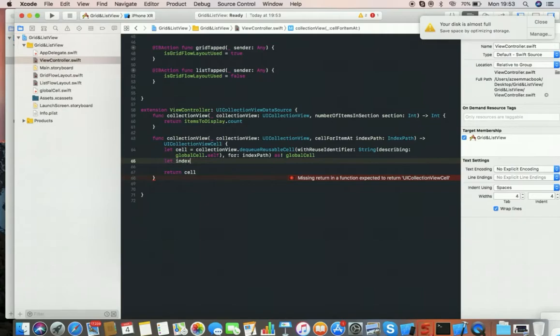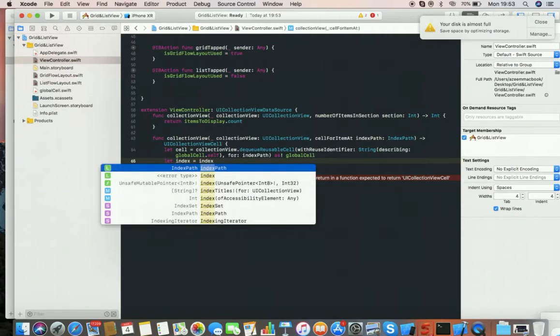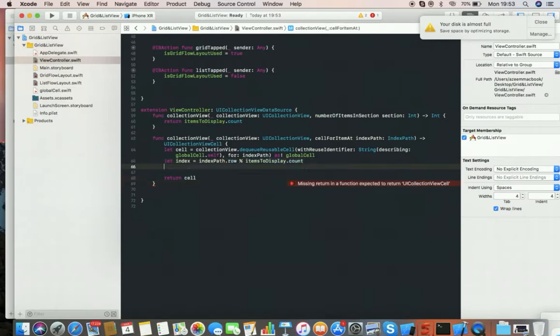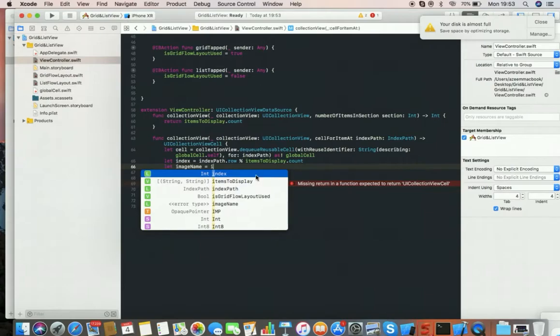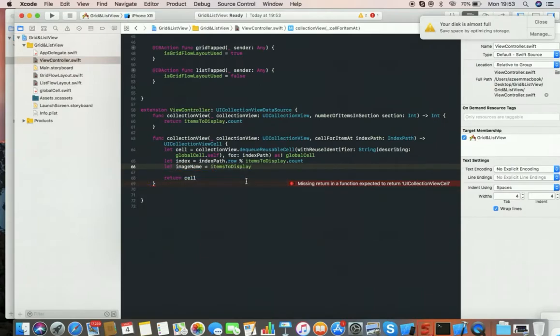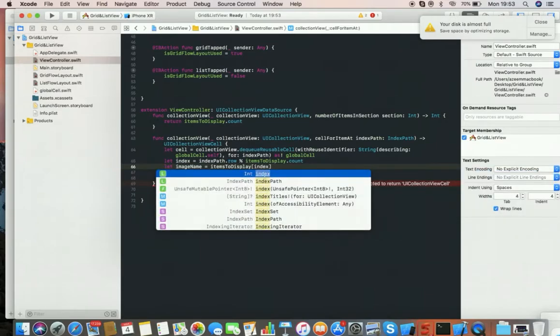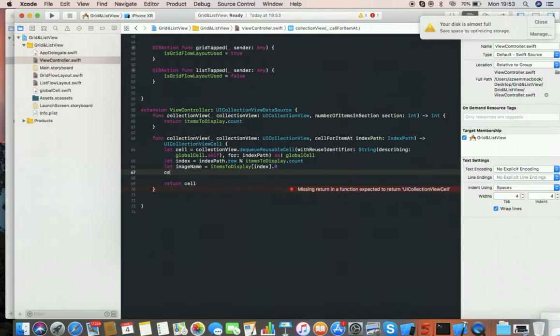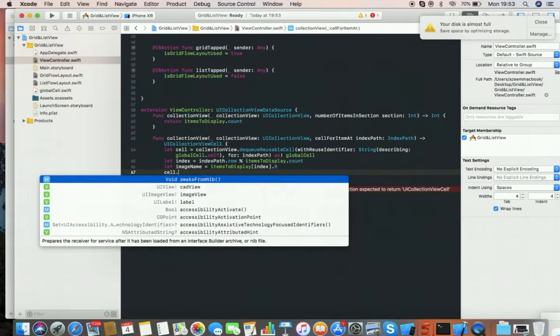So let's say let index equal to index path dot row percentage items to display dot count, and let image name equal to items to display for index dot 0. At cell dot image view,